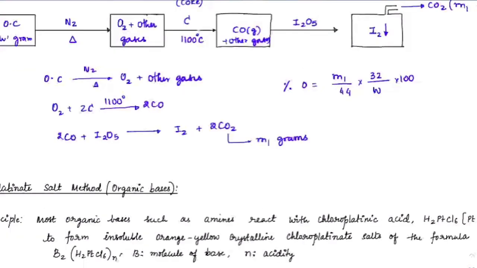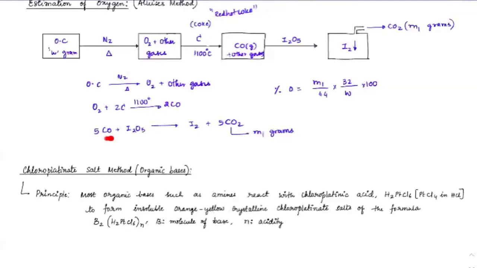I think you guys understood that. Why 32? Because every carbon dioxide will have 2 oxygens. So that's why you have to multiply that by 32. Whatever the amount of oxygen that has been collected from here, oh, right, sorry, my mistake. It has to be 16 here, correct. Thank you. Okay. So out of these 2 carbon dioxides, one is coming from I2O5, the other one is coming from carbon monoxide. That's how we can estimate it.